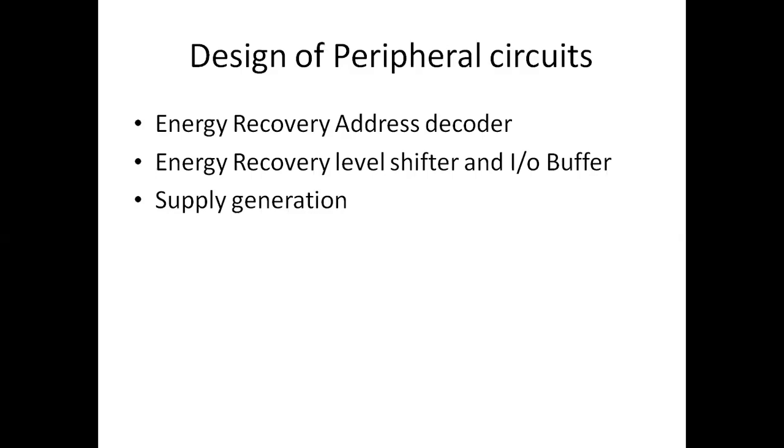The two access transistors are then turned off to isolate the level shifter from the bit lines, such that A and A bar will hold their states while the bit lines return to the rest state. The buffer is now ready to drive the input output bus line. In this process, the charging and discharging can be performed adiabatically, and the simulation results show that more than 90% of energy recovery can be achieved. So the point is, you can apply energy recovery in all the circuits. If you apply energy recovery, you will get 90% energy savings.